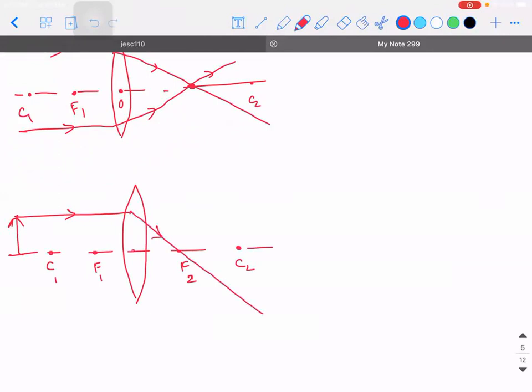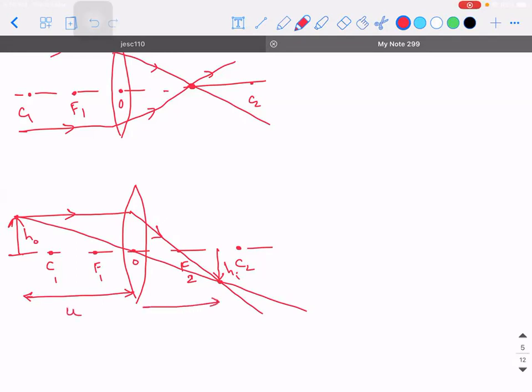Then what is the other ray that I can think of? Through optical center, sir. That is an easy one, right? So if you think through an optical center, this is where you're going to locate the image. So this is the height of the object, this is the height of the image. So what is the name of this distance, guys? The distance between the optical center and the foot of the object is called? Object distance, sir. Yes, that's right.